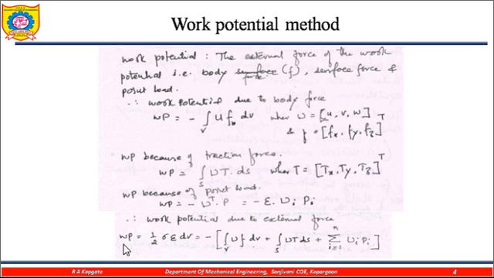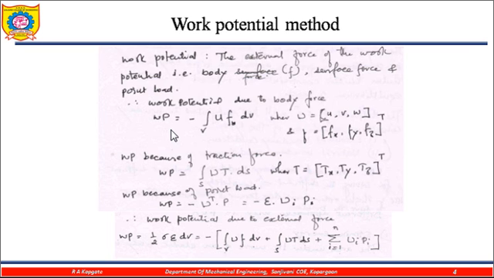So the total work potential is equal to 1/2 the strain energy, sigma into strain into dV, equal to minus these three forces, that is the integration of volume U into F into dV plus integration of surface area U into T into ds plus summation of i equal to 1 to n Ui Pi. So how many directions we are applying the force, that is the Ui Pi. So that is the total work potential. I hope through this you are understanding what is meant by the work potential.